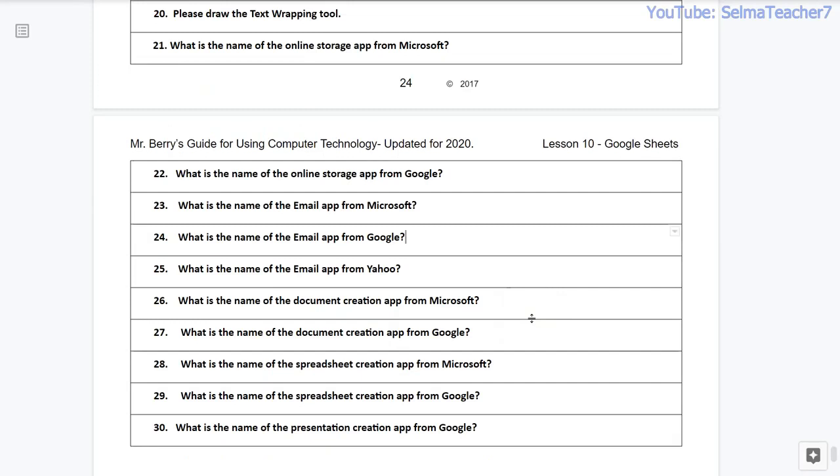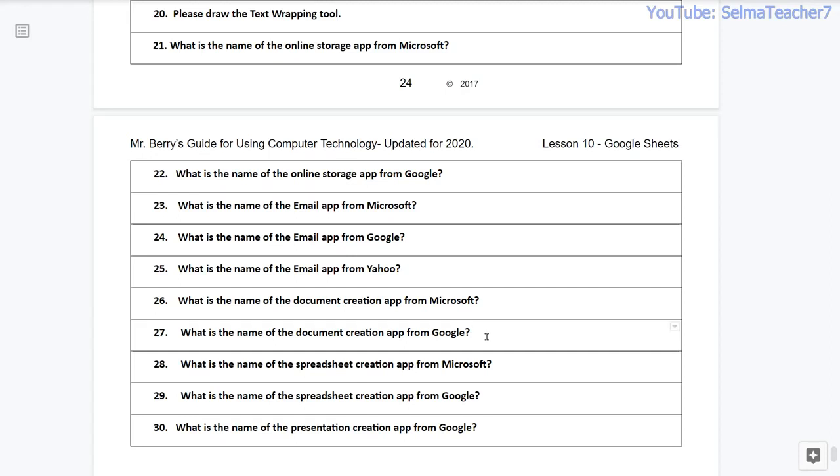Question number 26. What is the name of the document creation app from Microsoft? Question number 27. What is the name of the document creation app from Google? Question number 28.